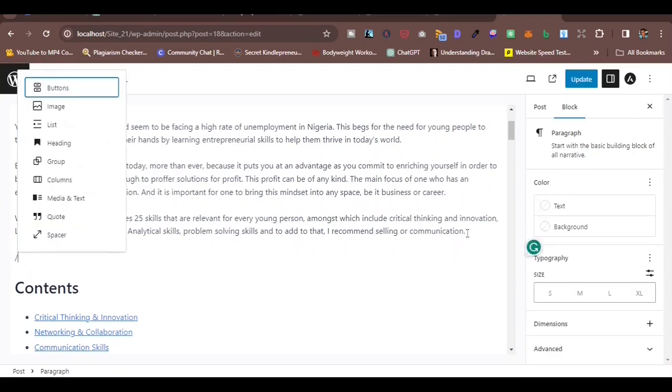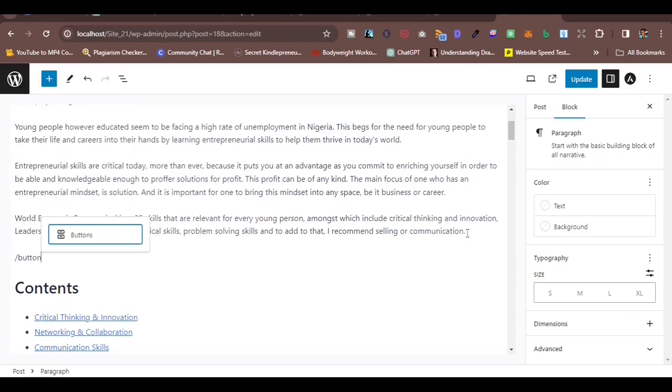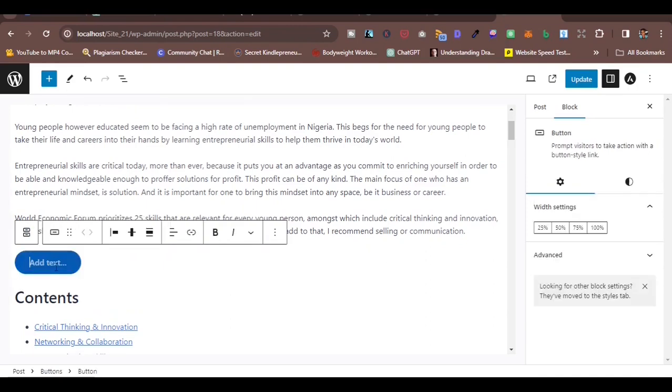Then press the slash button and type button and click on buttons. Type in the text of the button and then click on this link button,